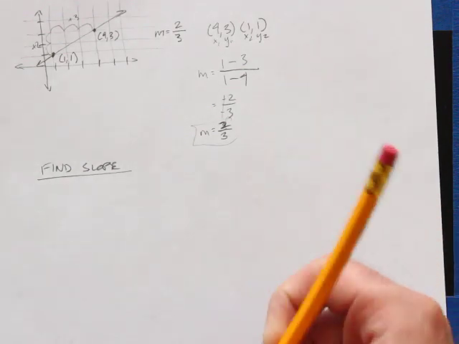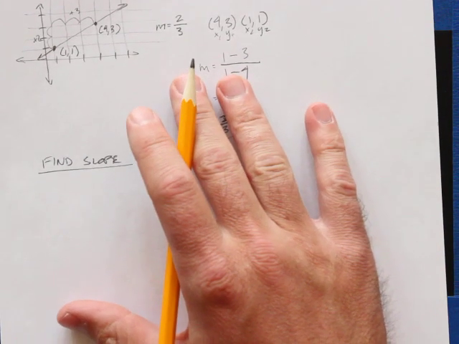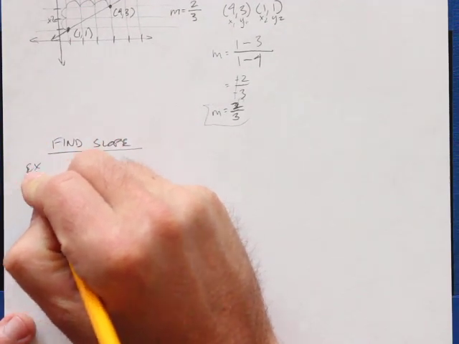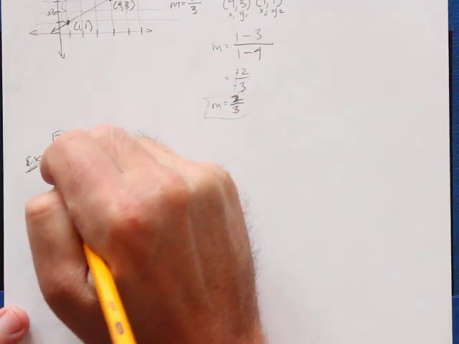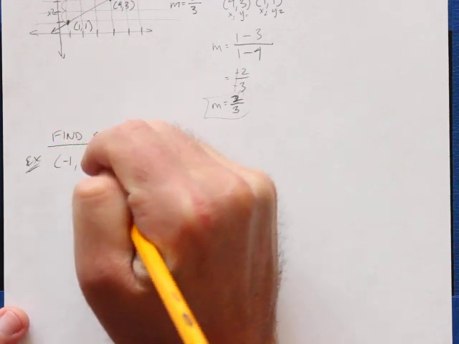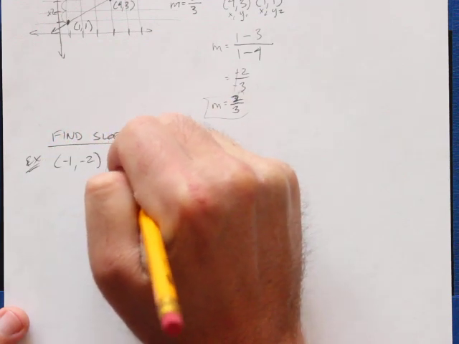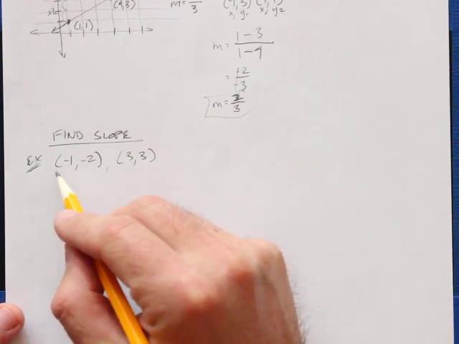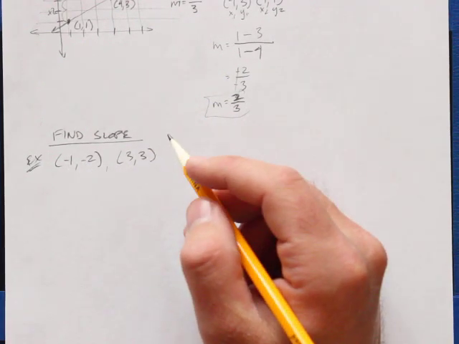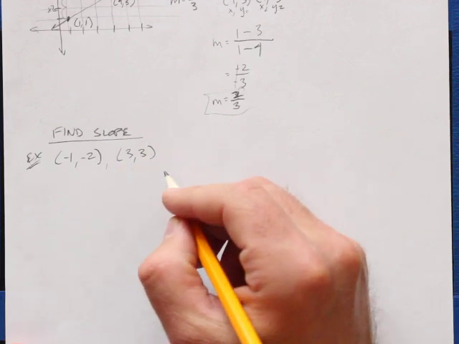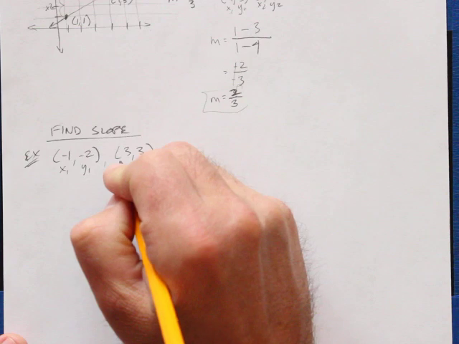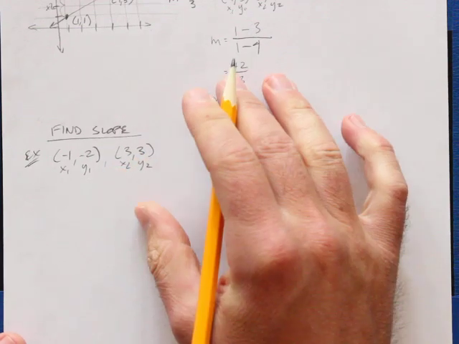All right, continuing on with 3-3, we're going to find the slope. So here is an example: (-1, -2) and (3, 3). We're going to find the slope between these two points, or of the line that crosses through these two points. So the first thing I do, as I just did before, I label x1, y1, x2, y2, and then